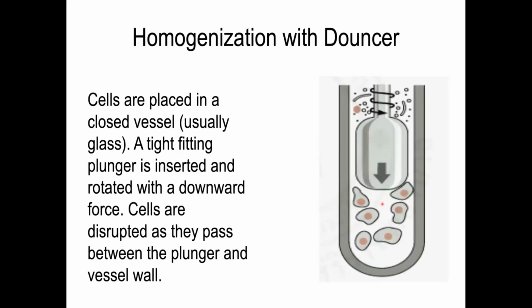Now, then we have the homogenization with so-called Dounce homogenizers. The cells are placed here in a closed vessel. Usually, this is made out of glass. And in that vessel, a tight-fitting plunger is inserted. And this plunger rotates and is pulled up and down. And during these two movements, the rotation around its own axis and the pulling up and down, the cells are disrupted by squeezing them through the narrow space that is left between the plunger and the glass wall,